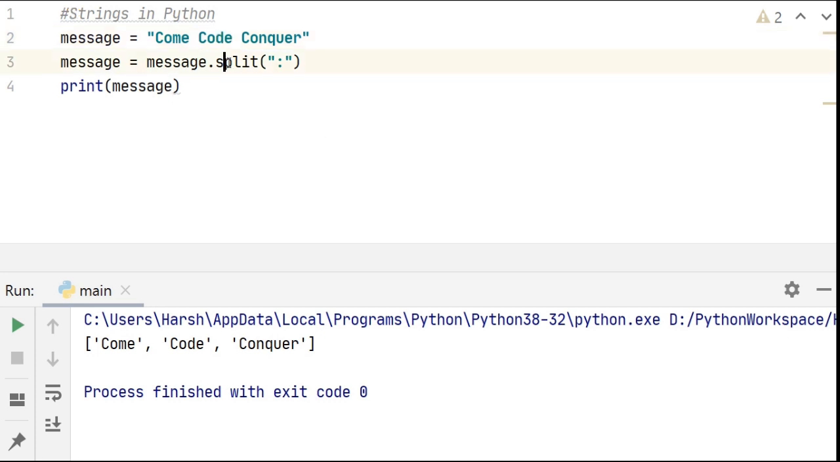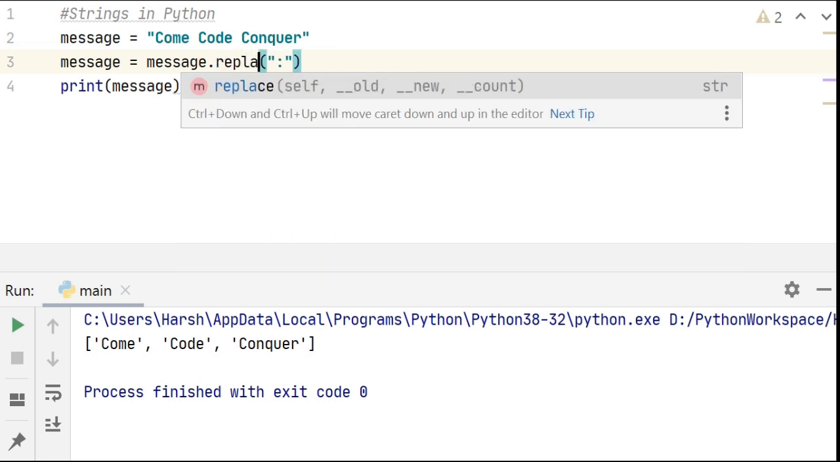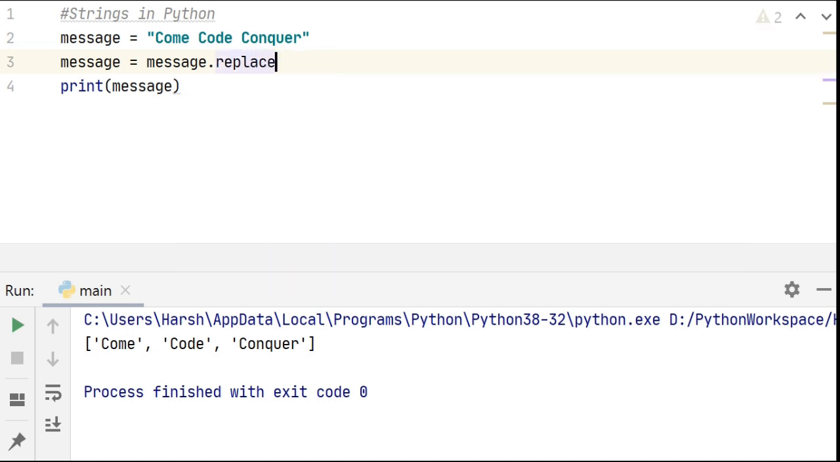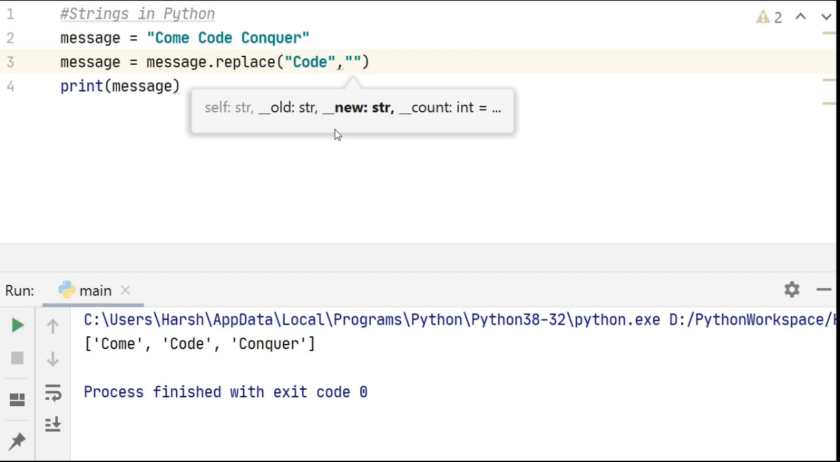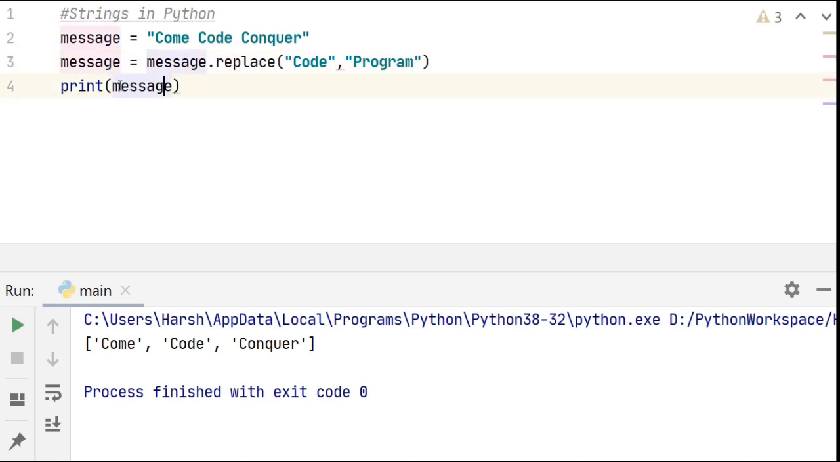So we can just type message dot replace, and the first one is what you want to replace. So it is code, and the next argument is what we want to replace it with. So it is program. So when we run this, so when we print this message variable, we get the output come program conquer instead